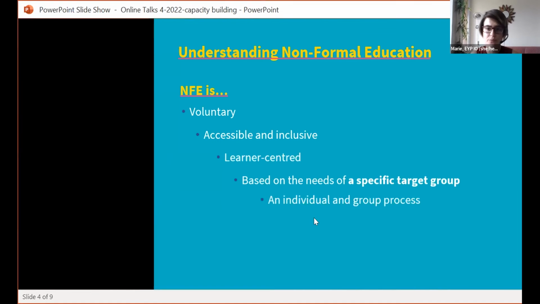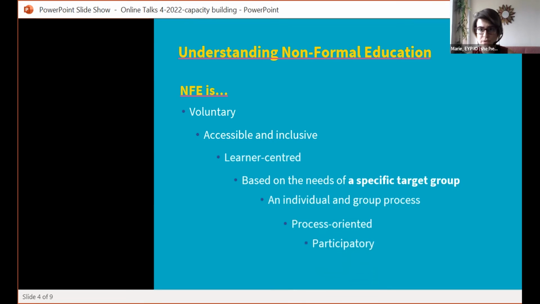It's an individual or group process, meaning that you rely a lot on group participation, but also on individual learning. So in non-formal education, you generally always ask people for their contributions and about their own learning processes. It's both the individual learning process and the group learning process, because they also do it together with the group. It's process oriented, meaning of course you have objectives you want to reach at the end, but what is important is not just the goal, but very much the process. How do you build your training? How do you involve people? How do you facilitate these processes?